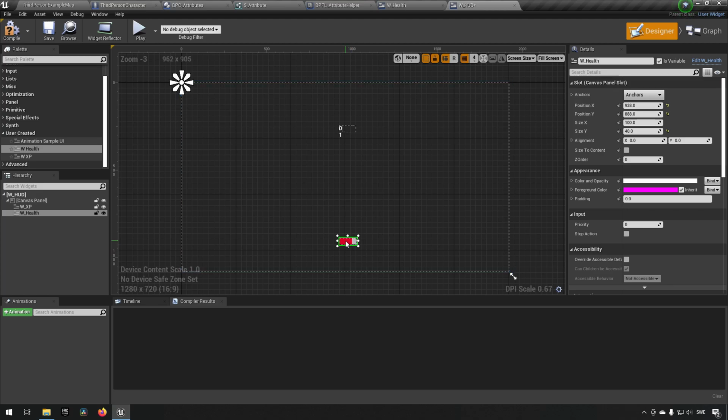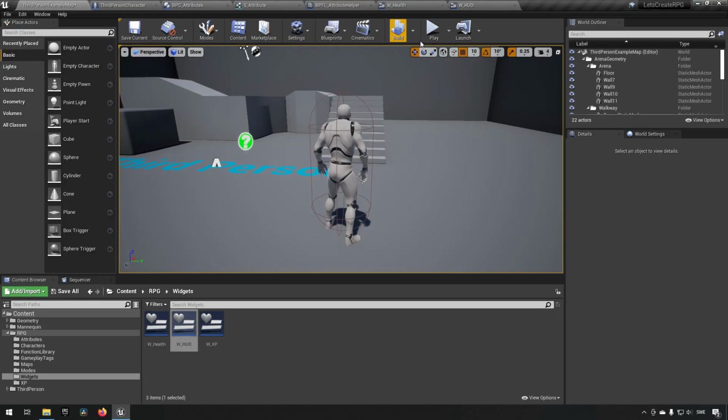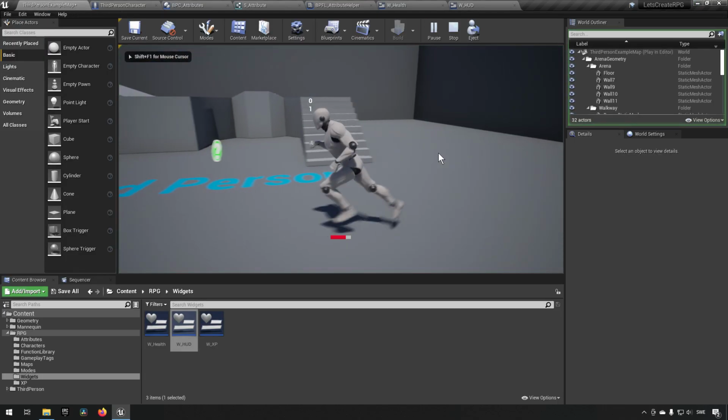So this will be our health bar, and we can either scale this however we want, or we can size the content, which means that it will take the dimensions from whatever we defined inside of the widget. We should probably anchor this in the bottom, something like that. We can reposition the X value, which is sideways, and then set an alignment of 0.5, meaning that it will always be center aligned in that direction. The Y direction here will depend on the Y value here, so it's up to you where you actually want to have this widget. But yeah, so now if we start and play, you can see our health down there